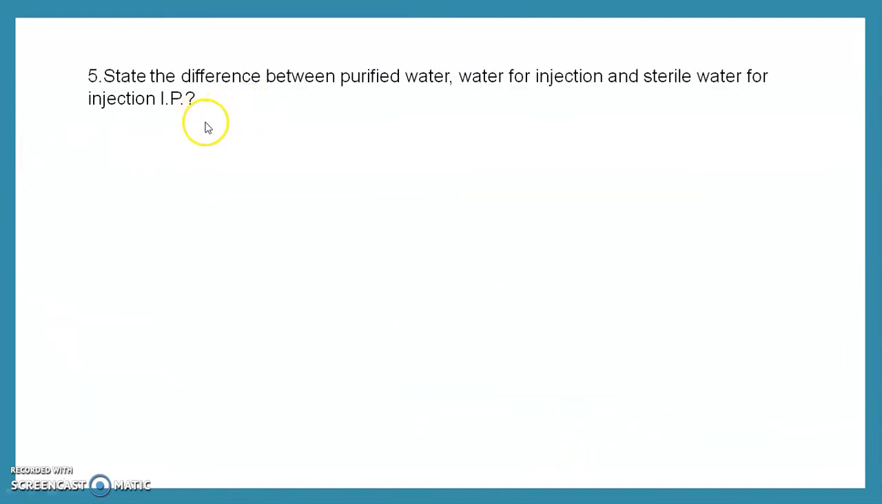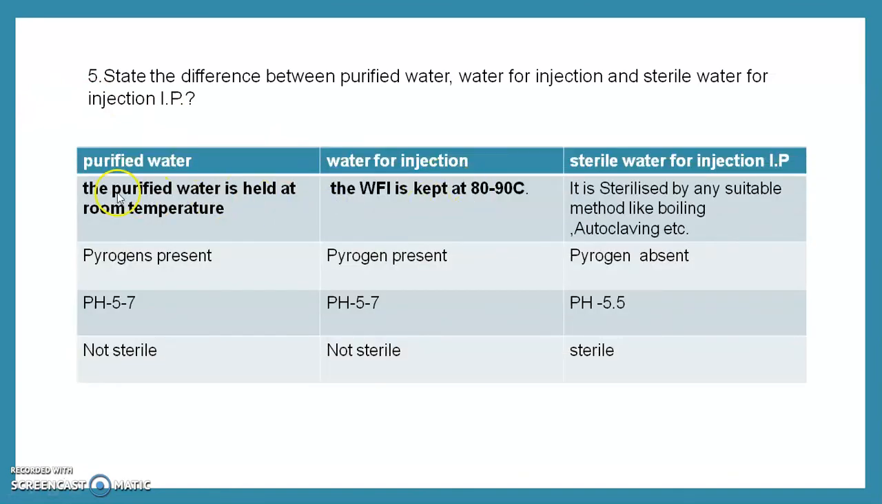Then the next question is, state the difference between purified water, water for injection, and sterile water for injection IP. This is the difference. Purified water is held at room temperature. Water for injection is kept at 80 to 90 degrees Celsius. For sterile water for injection, the sterilization method is any suitable method like boiling or autoclaving. In purified water, pyrogens are present. In water for injection, there may be chances of presence of pyrogens, but in sterile water for injection, pyrogens